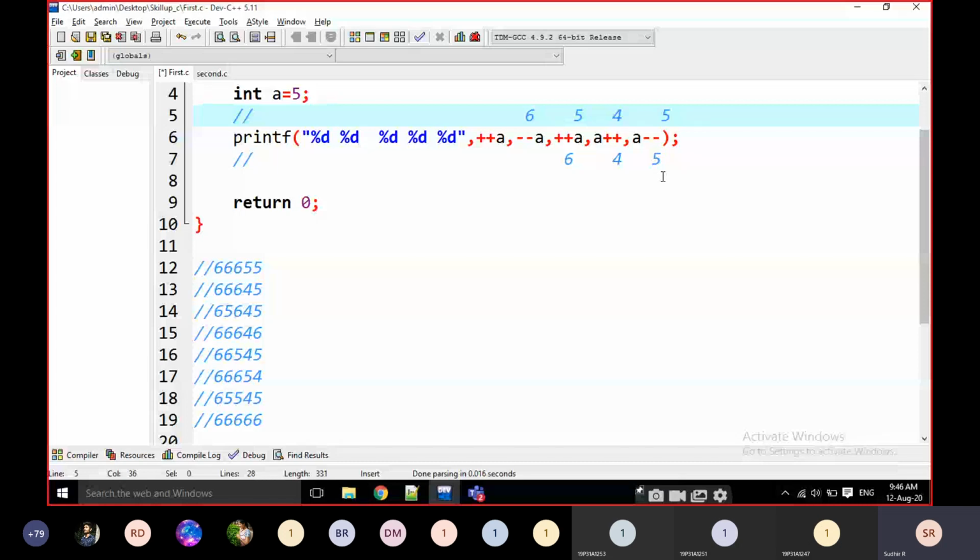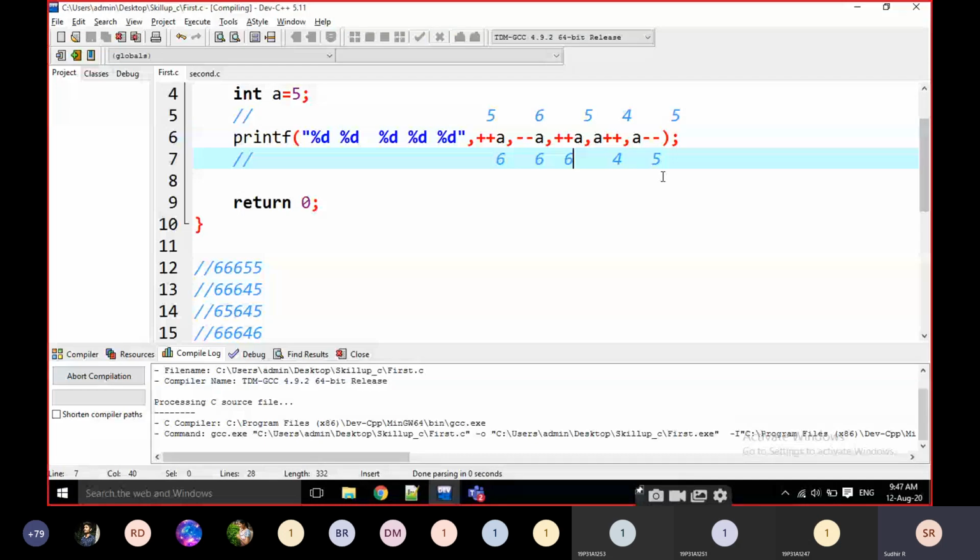That means 6 becomes 5 and 5 is printed. Then 5 is passed to here. 5 becomes 6 and 6 is printed here. Are there any pre's here? Yes, there are 2 pre's. Then we have to modify these 2 pre's, and 66645 is the answer.